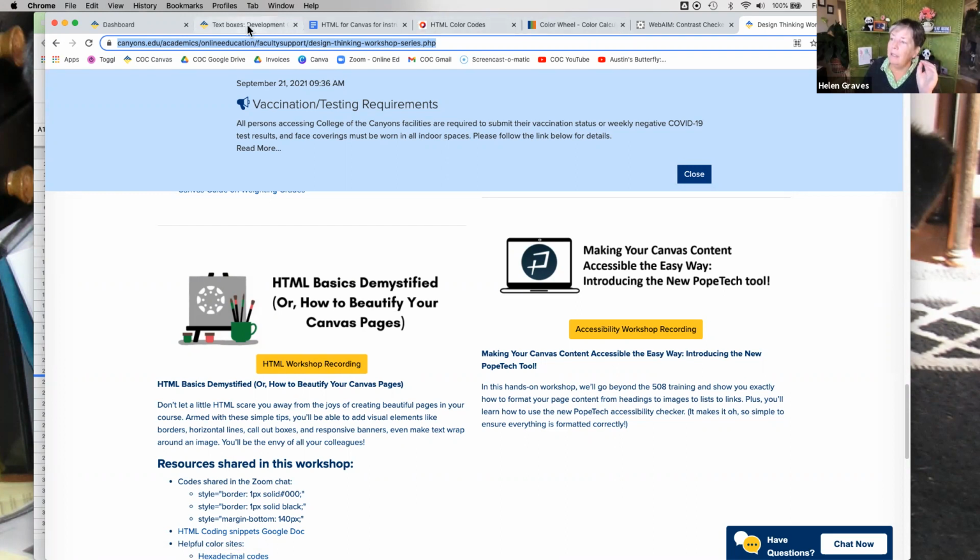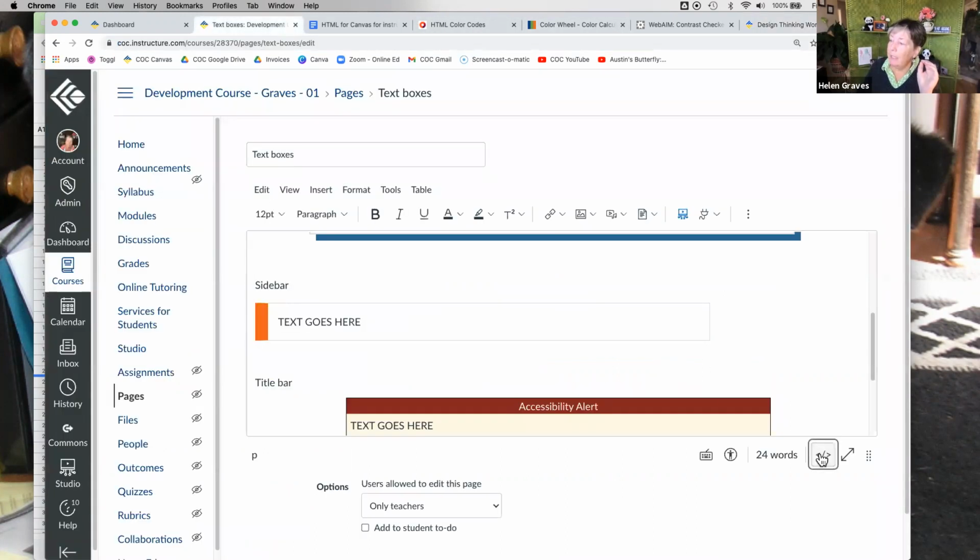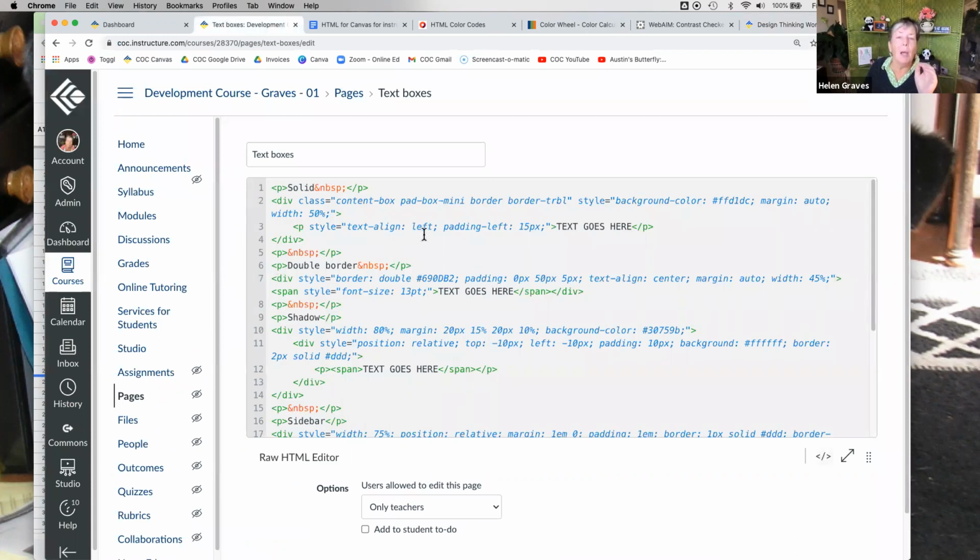Okay, so what I want to tell you is Canvas updated the HTML editor so that it does have those line numbers, but they never intended for Canvas to actually be an HTML code editor. So it doesn't have a lot of the bells and whistles that a full-on code editor would have. You just have to get used to the way it is. One little trick I've used, because it can be hard to find your way around since it all is smashed together and I may not know what line a particular thing is.